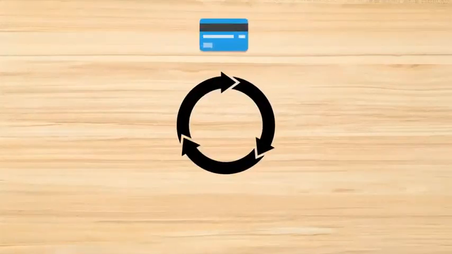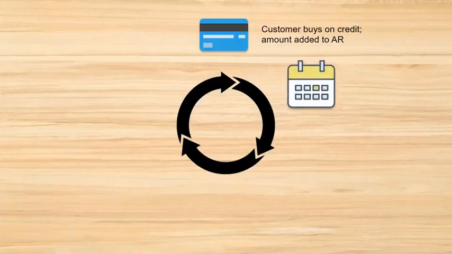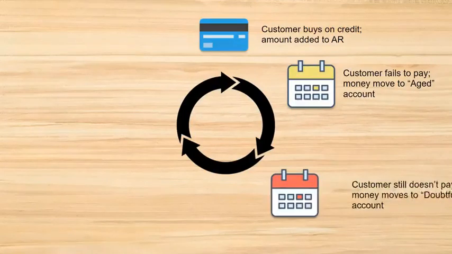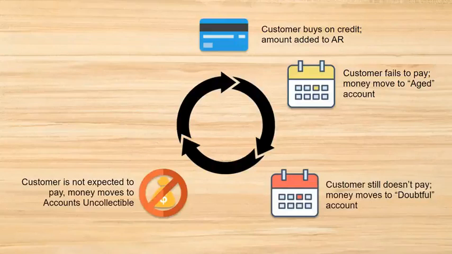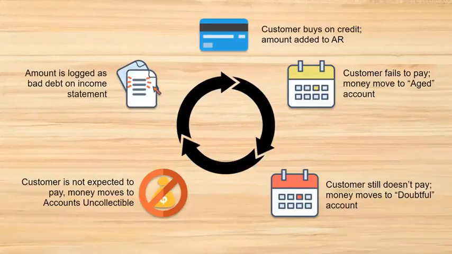When a customer or vendor pays for something on credit, that amount is logged under accounts receivable. Over time, 30 days for example, if the customer fails to pay, this money moves to an aged receivable account. Then, if even more time passes with no payment, the money moves to a doubtful account, and then finally, an accounts uncollectible. This is logged as a bad debt expense on the income statement, and of course will reduce your